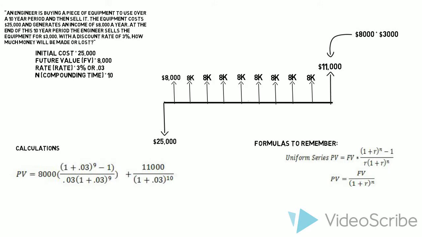The next part of the equation is actually based on the basic present value formula, representing the final 10th line on the diagram, where 8,000 plus 3,000 equals the 11,000. As this is only occurring the 10th year, we will use 10 as the compounding time. Addition of the formula based on the 9 compounded years and the 10th compounded year equals